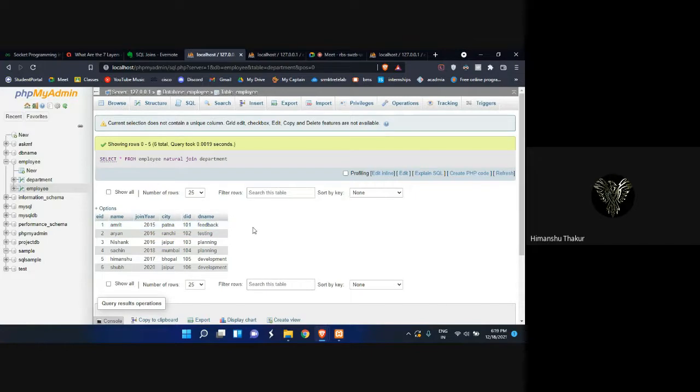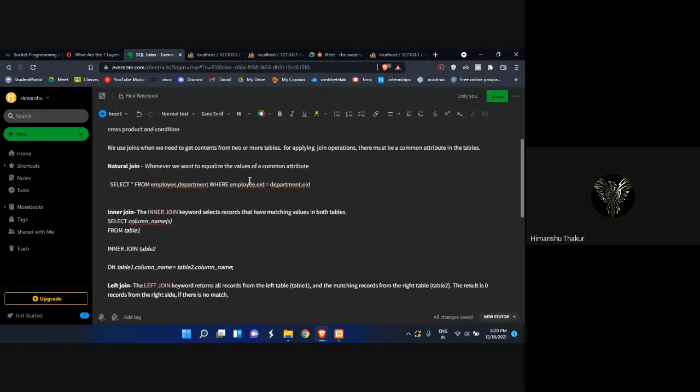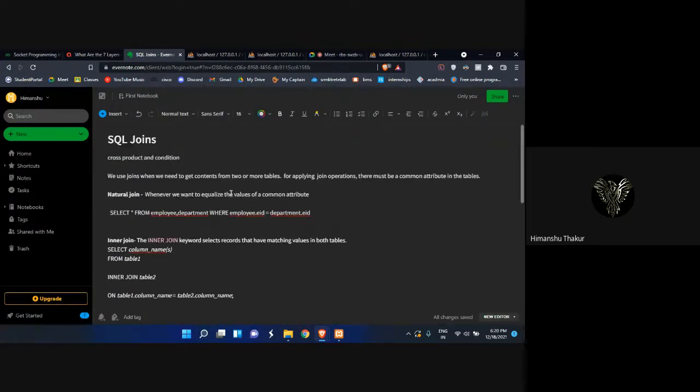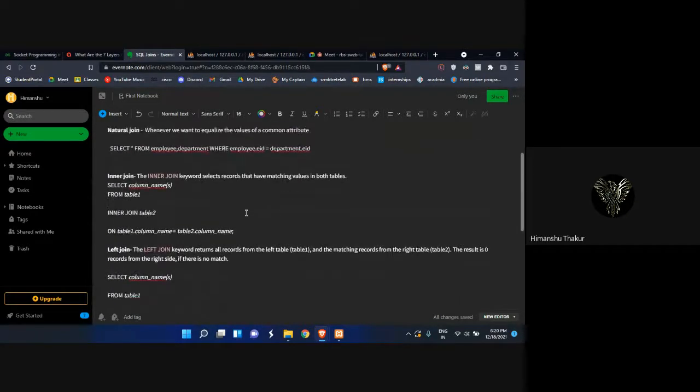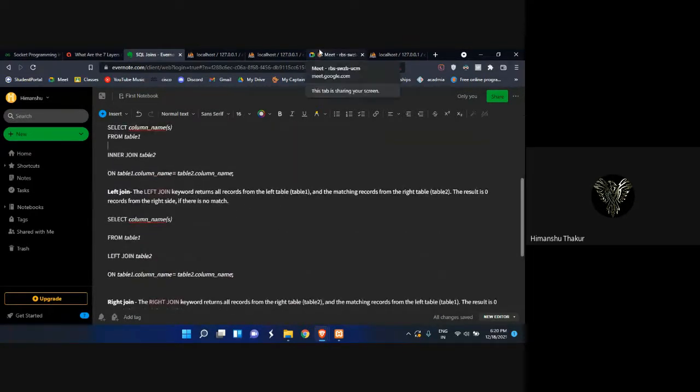This is the basic difference between inner join and natural join, and that's why people choose natural join over inner join. But the results are always the same. The main purpose is the same for both joins, to get values of the common attribute. Did you guys get some idea of natural join and inner join?